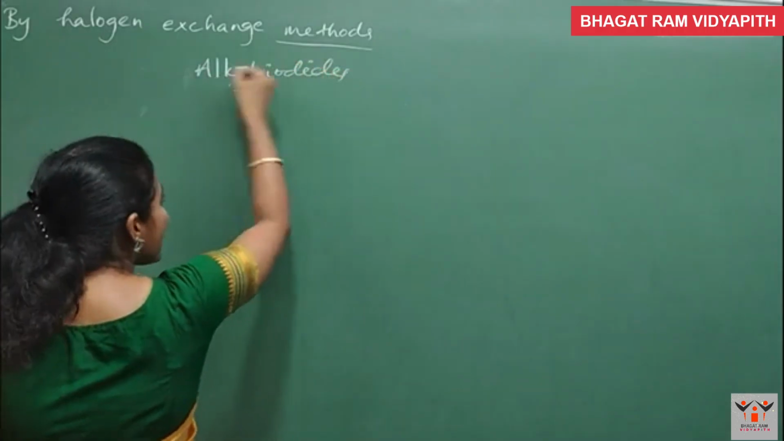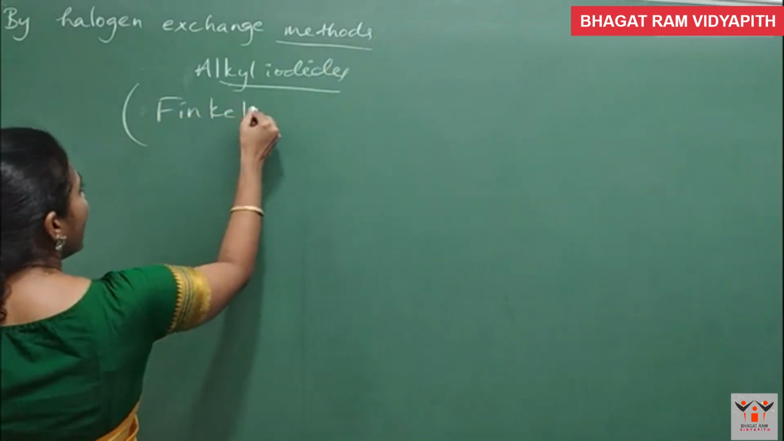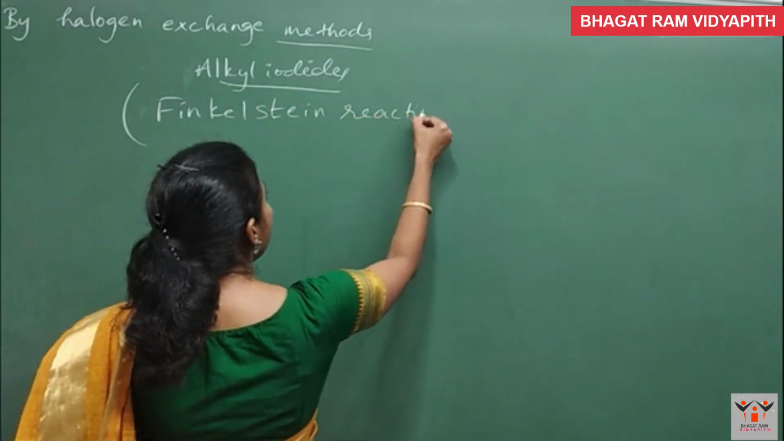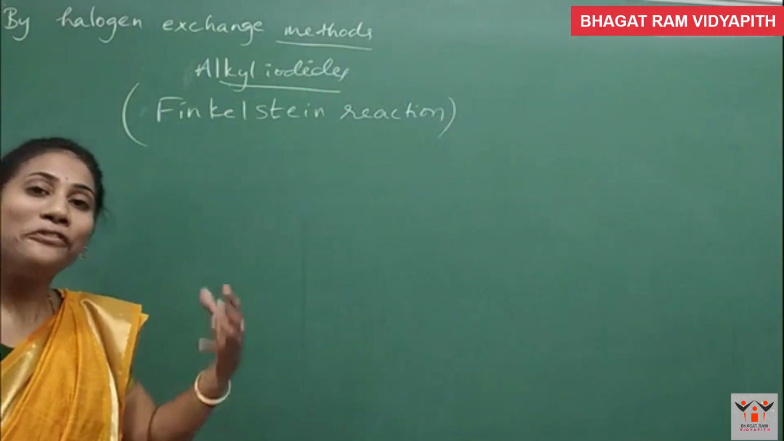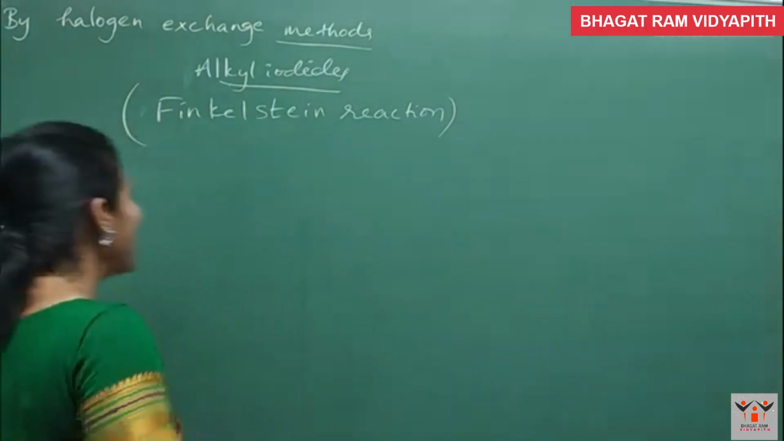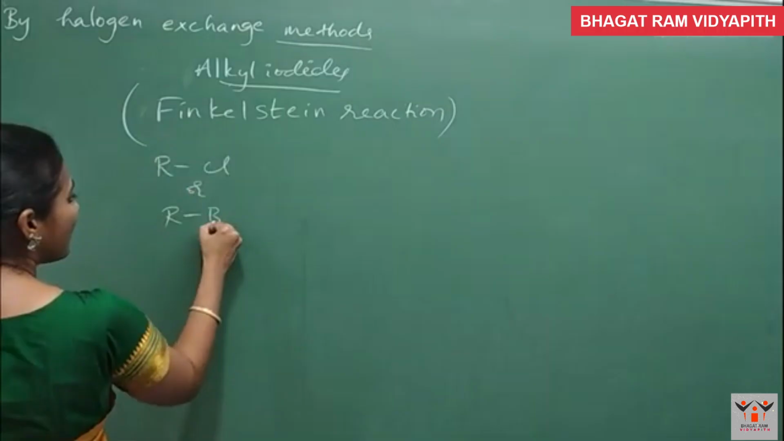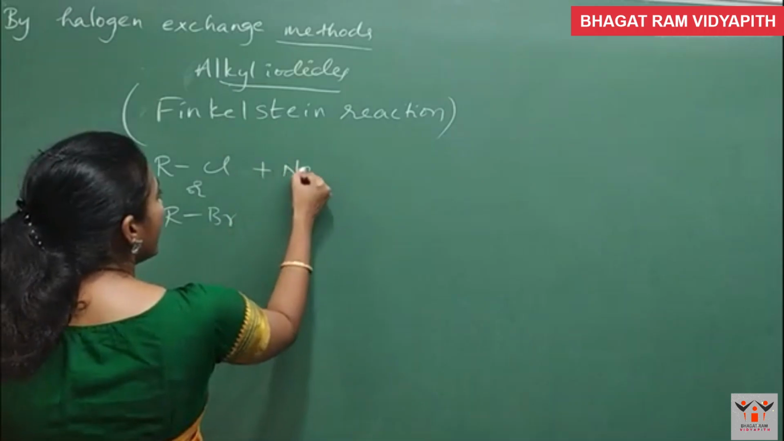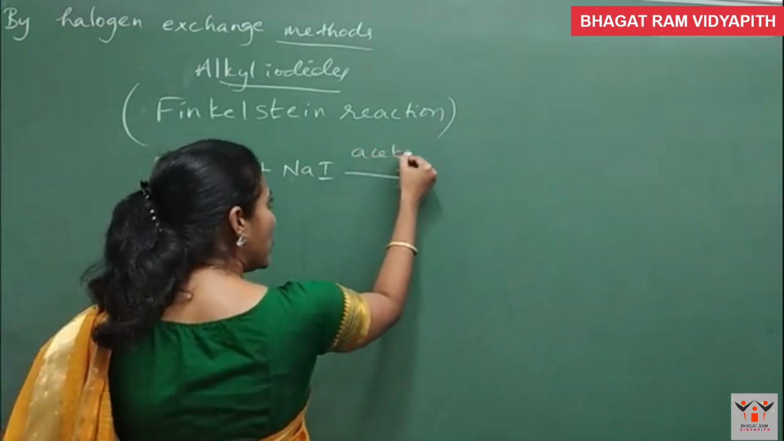To prepare alkyl iodides, we have this exclusive reaction called the Finkelstein reaction. Through this method, you can actually prepare alkyl iodides. So how do we prepare? We prepare from alkyl chlorides and bromides itself. Suppose you have RCl or RBr. When I heat this with sodium iodide in presence of a solvent called acetone,